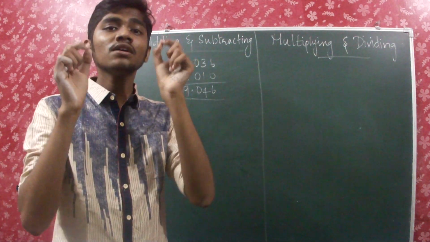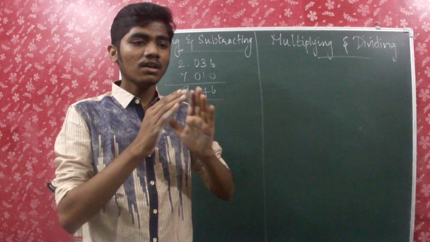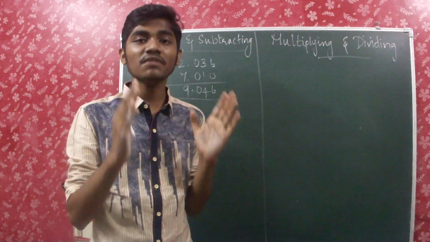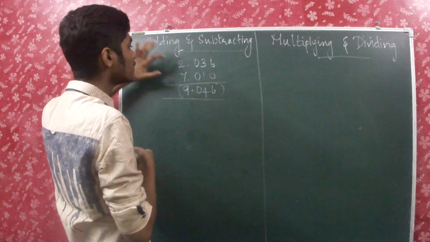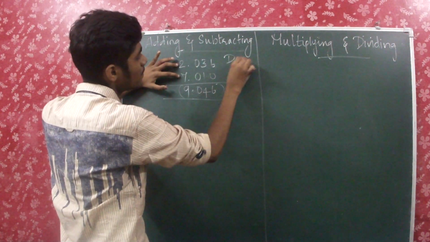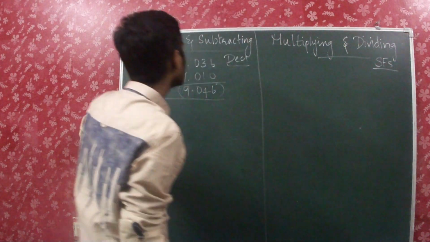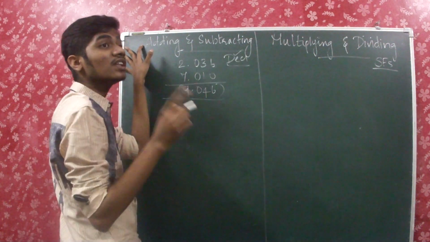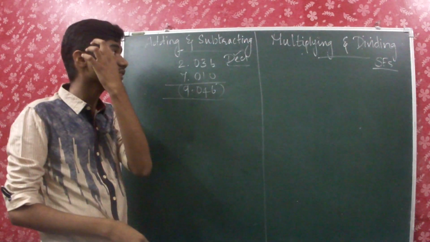But there is a rule and there is a method by which we should write the final answer. The format of the final answer must be very perfect, and that's what we are going to learn here. So when you are writing an answer like this for addition of two numbers, you must be careful about the decimal places. For addition and subtraction, you must be careful about the decimal places, and for multiplication and division, you must be careful about the significant figures.